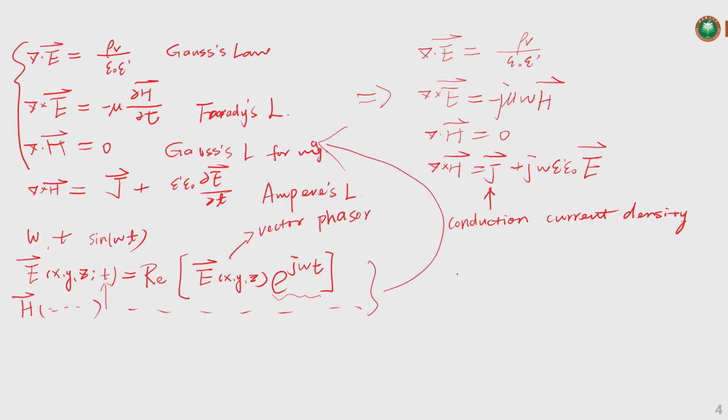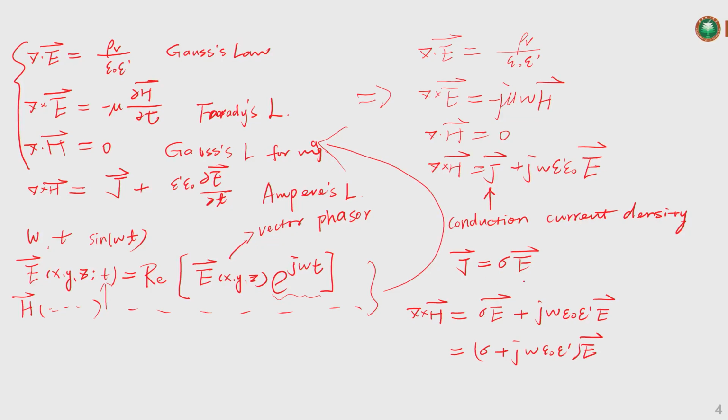So that means the conduction current density can be expressed as its conductivity times the electric field, right? So that means the magnetic field curl can be expressed as this part plus this part, right? So when we combine them together, this one. So from here, if we want to compare it with the